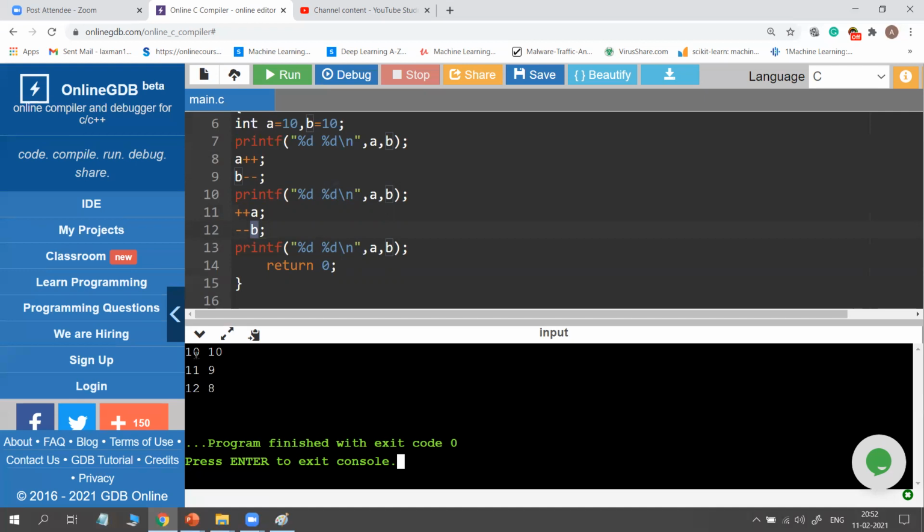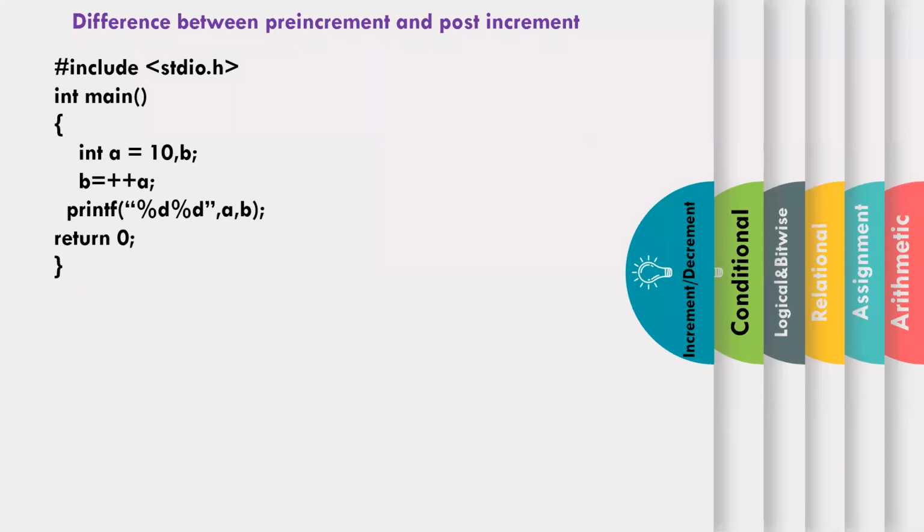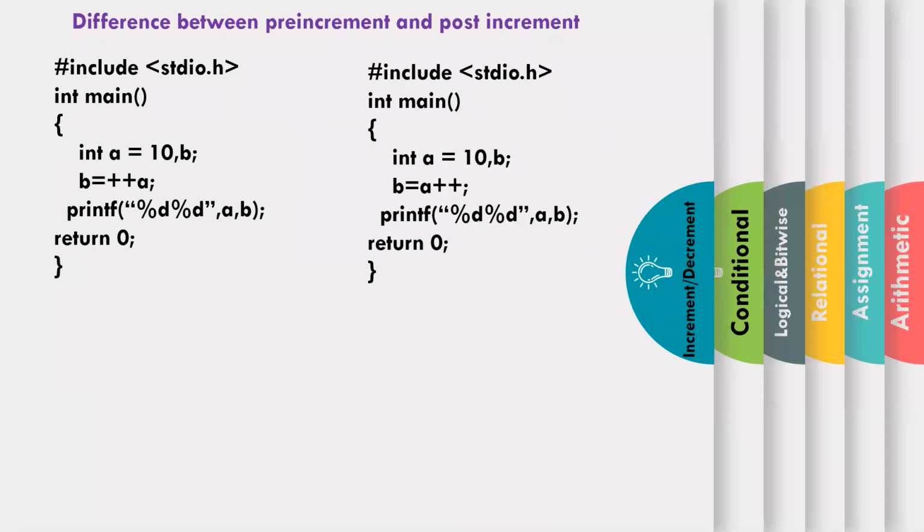Then what is the difference between pre-increment and post-increment? Okay, I will explain that in the next program. See this program. You observe both the programs carefully. Only one line is different. See what is this program. A is 10, B, and B is equal to plus plus A. Print A, B. But here, once again, int A is equal to 10 and B is a variable. B is equal to A plus plus. Here plus plus A and A plus plus. So now see how these programs get their output.